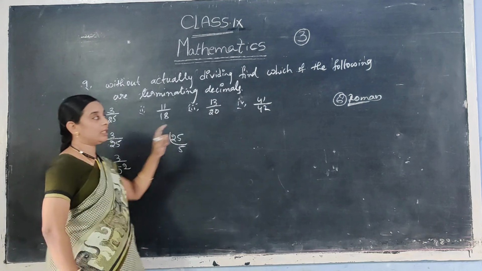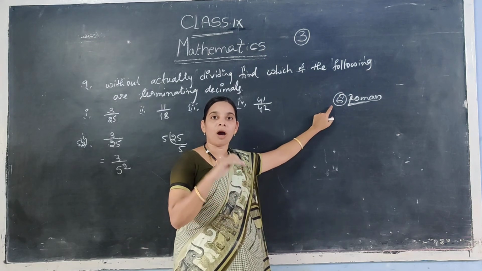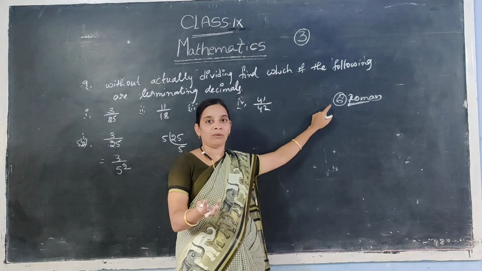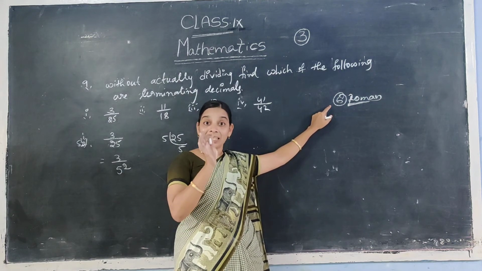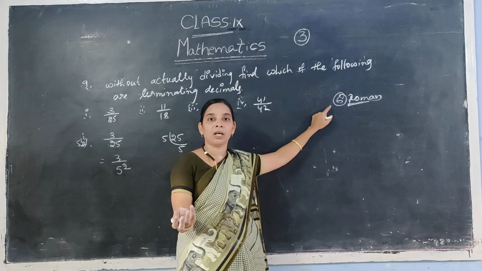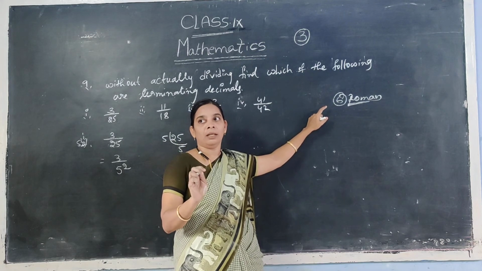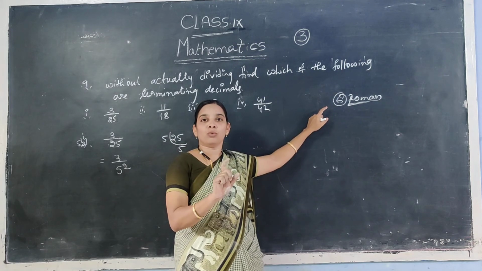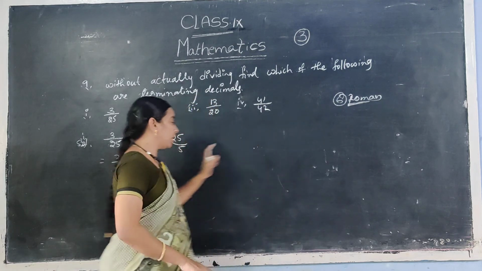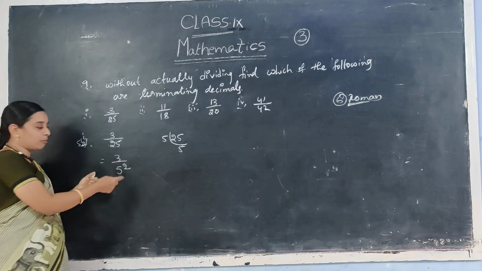Okay, so in the 6th Roman I explained the denominators are the factors of 2 or 5 or both. It can be 2, it can be 5, or it can be both 2 and 5. Okay, but only these two are the factors. Except these two, if another number is there, it is non-terminating recurring only, compulsorily. Denominators must be 2 or 5 or 2 and 5, only those two numbers we want. But here, by observing the factors, 5 is there. So 2 or 5, in those numbers 5 is there now.